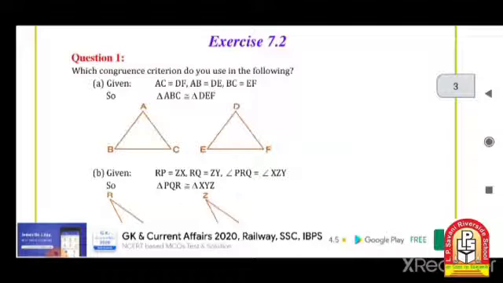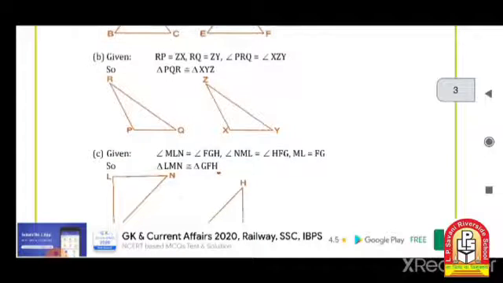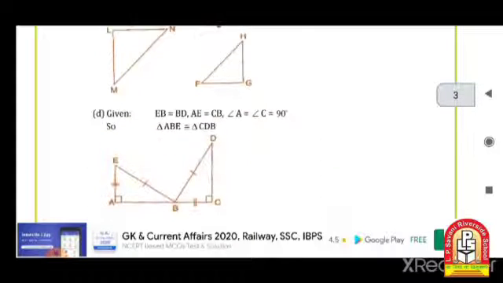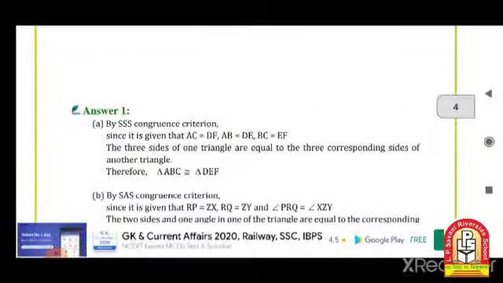which we deeply learn in the Vidyalaya. Then after, there are different kinds of triangles PQR and XYZ, and we have to learn that RP is equal to ZX, RQ is equal to ZY, and angle PRQ is equal to angle XZY. Then after, triangle PQR is congruent to triangle XYZ. So here there are two right angles, and for the right angle we have to also prove that.